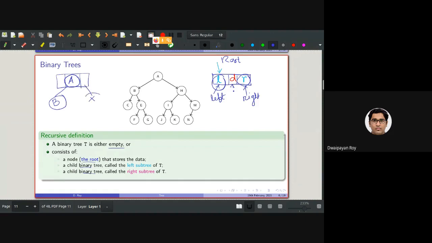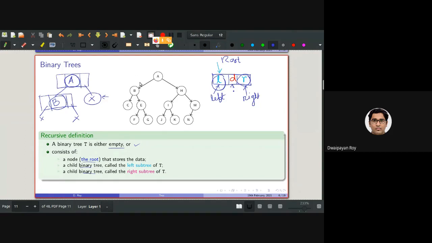This is again a binary tree, and here this is the node, this is pointing to null, and this is pointing to null. The left subtree here is again a binary tree. Why? Null, because of the first criteria: the binary tree can also be empty. So now if I look at this whole tree, this is the root. The left subtree is a binary tree. The right subtree is again a binary tree.